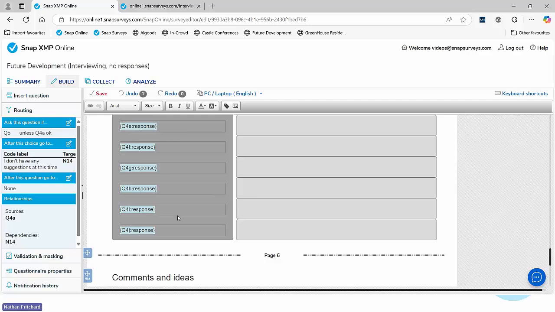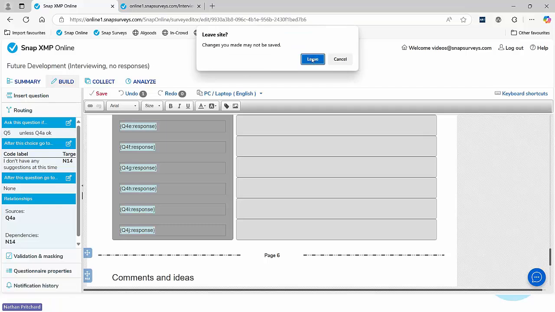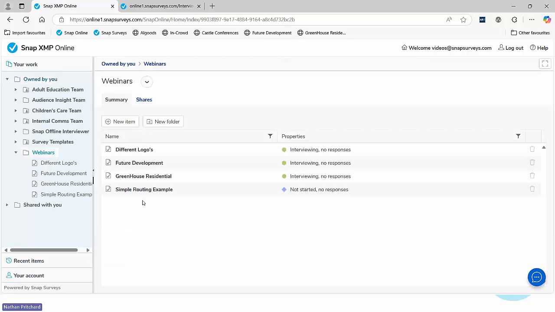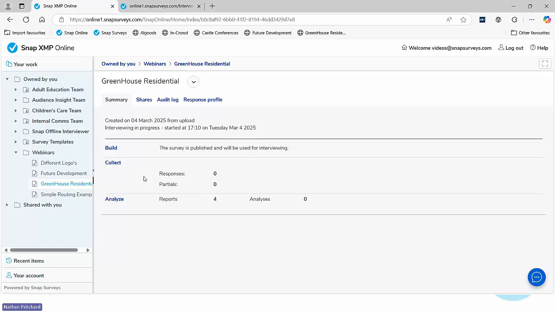Okay, just a couple of final examples to show you. First up, a slight variation of a previous example where we were making use of someone needing to input information, but some respondents just having one set of information they need to give, and other respondents having lots of information they need to give. So if I open up my greenhouse residential survey,